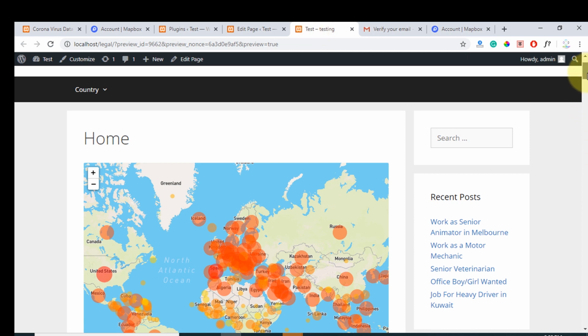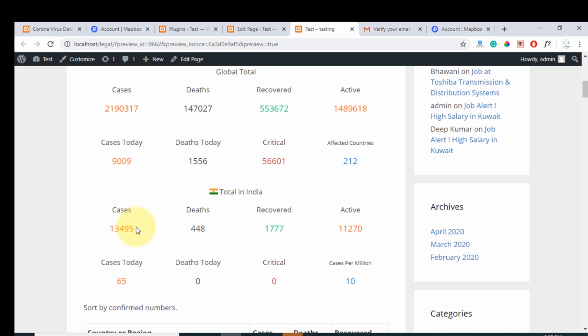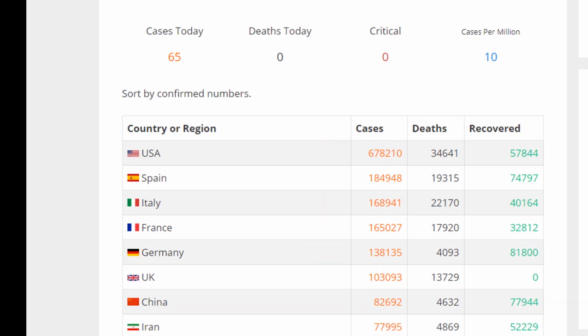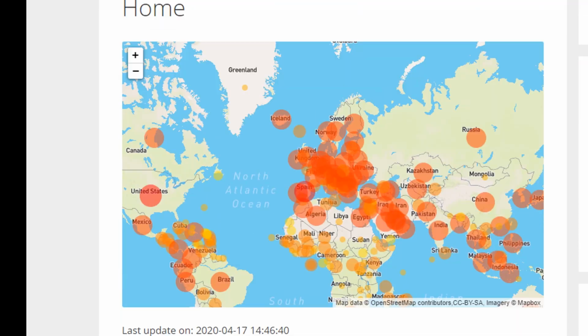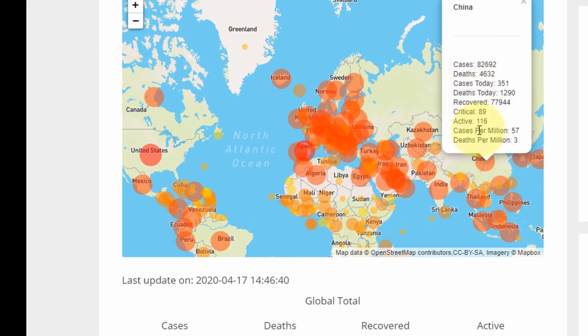So now you can see the map and the total in India, 13,495 cases, updated cases, and whole country cases. And when you click, you can see the cases.